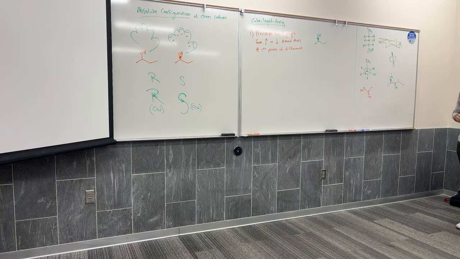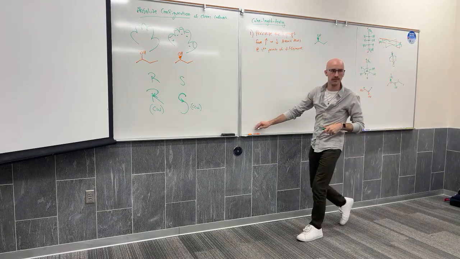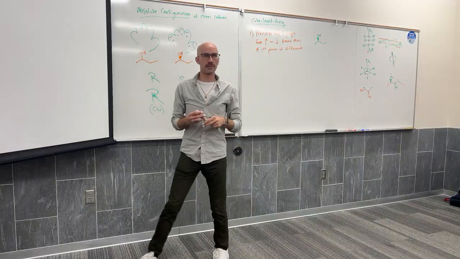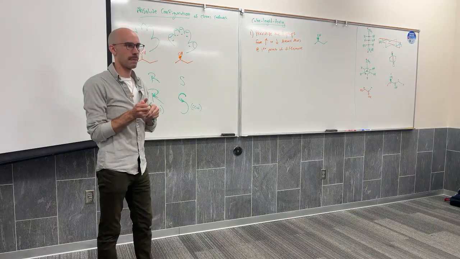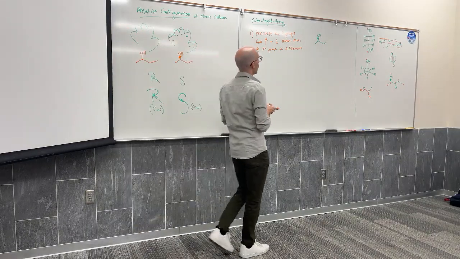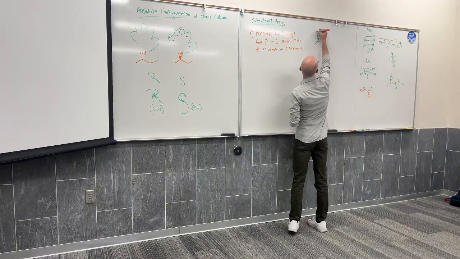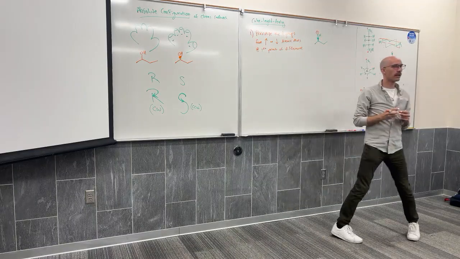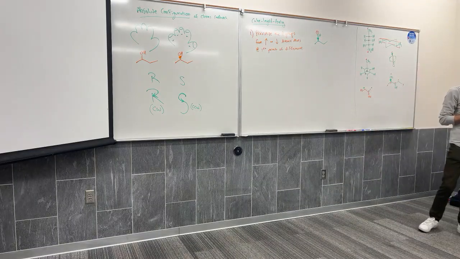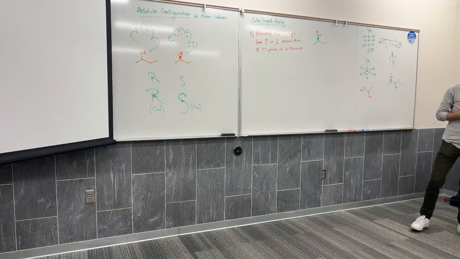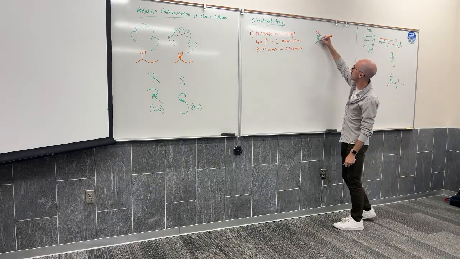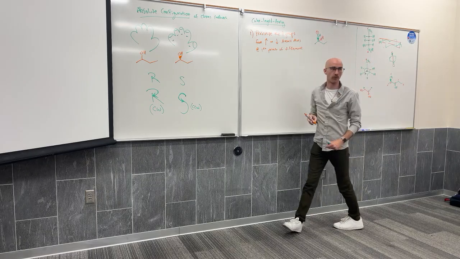What's the highest atomic mass from my chiral center in 2-butanol? Oxygen. My lowest atomic mass to my central carbon? Hydrogen. So I'm going to sketch that in. That's a dashed hydrogen. That's priority group number 4.